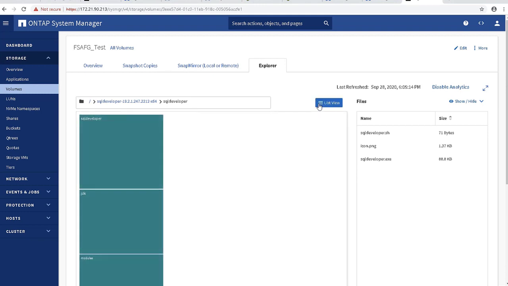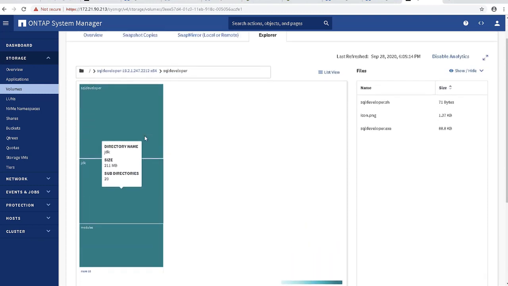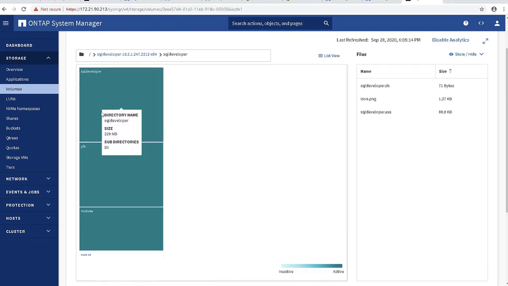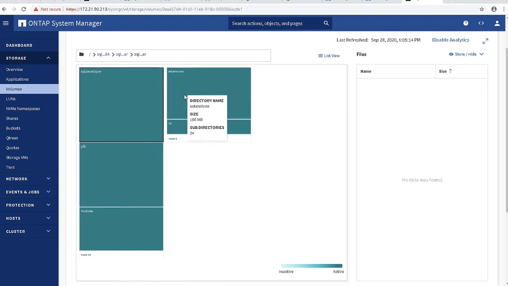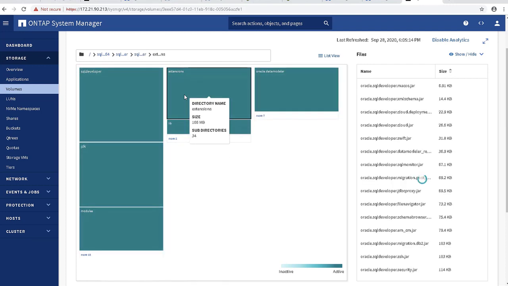Here, the SQL folder subdirectories are visible in descending order. When you select a particular folder and click the graphical view, we get into the graphical view directly, and each folder size is shown based on the actual size of the volume. You can also view the respective subfolders and the size of the folder when you move the cursor on top of that folder.